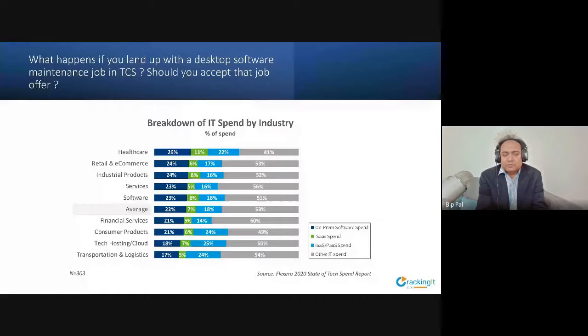Most of the jobs are going to be tech support or maintenance. And I'm telling you, nearly 25%, and some people say probably 30-40%, of the jobs that you're going to do in Infosys and TCS are like this. So the very basic question to ask: if that kind of job is offered to you, will it be good for you to accept that offer from TCS or whichever big company it is? How do you determine whether you're going to accept that job?